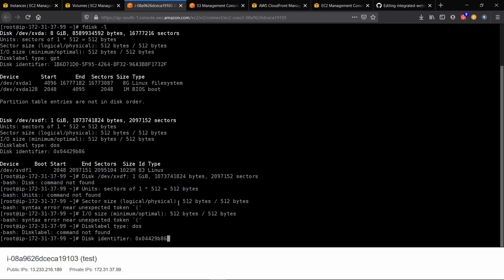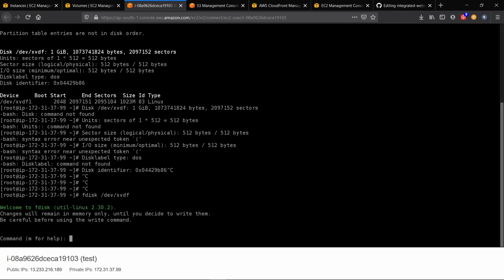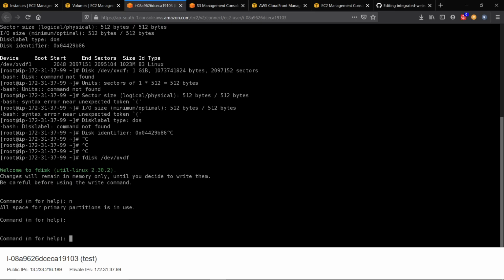So we will format it. The command is fdisk /dev/xvdf. We will create a new partition, n, and enter.